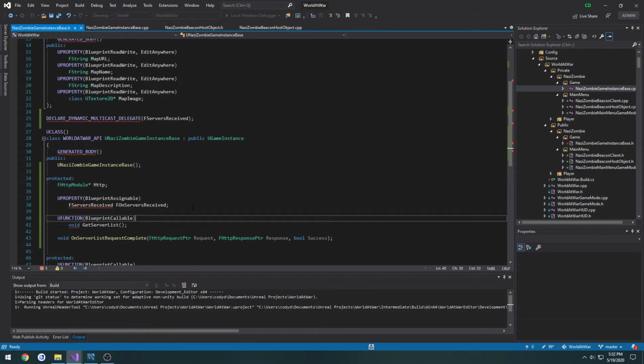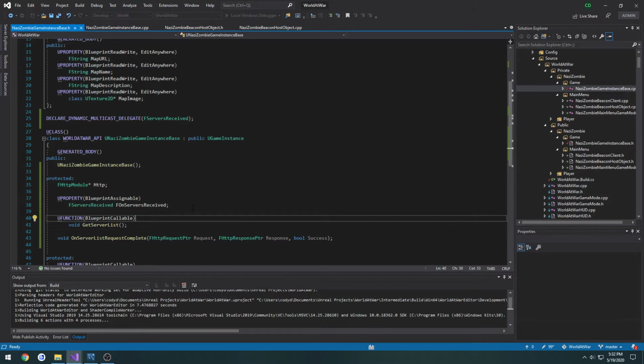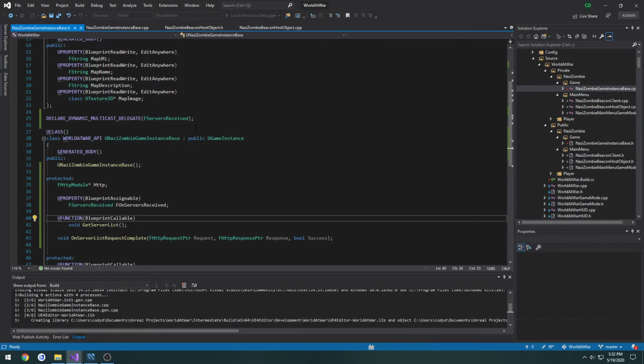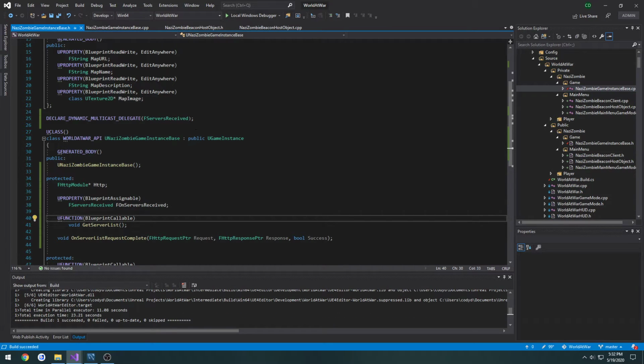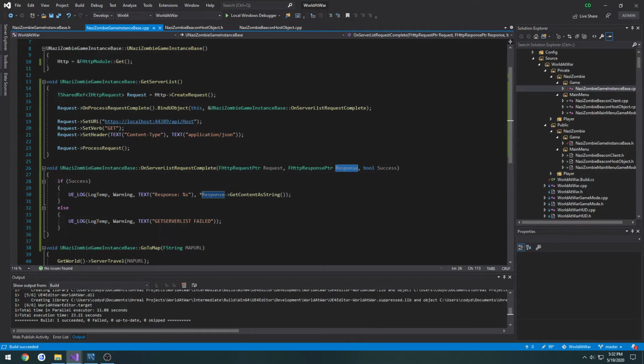So the event will be altered and set up in the next video because it does have to take in an array. So we just have it there kind of as a reminder for me to actually do it. Okay, we compiled. So once GetServerList is called, we should be doing our GET request,